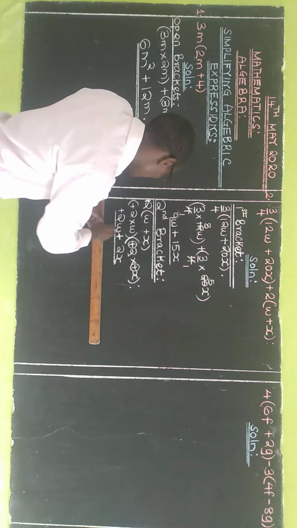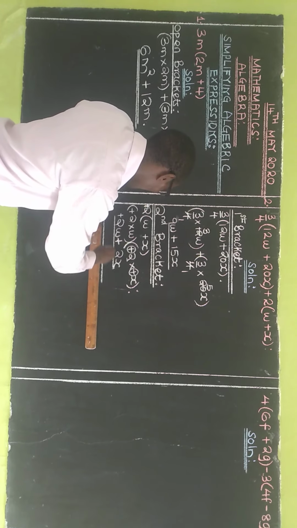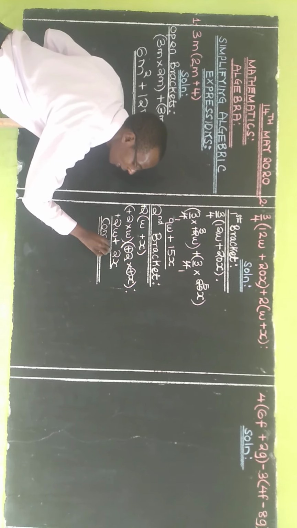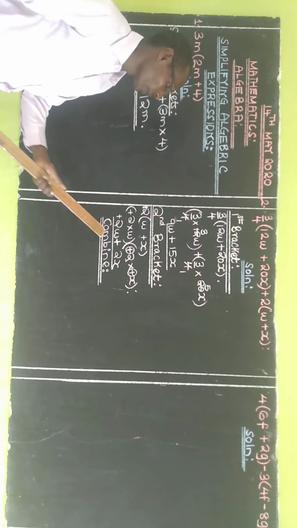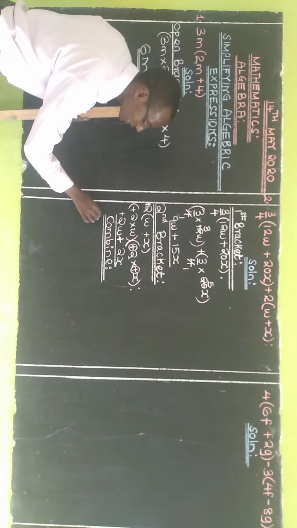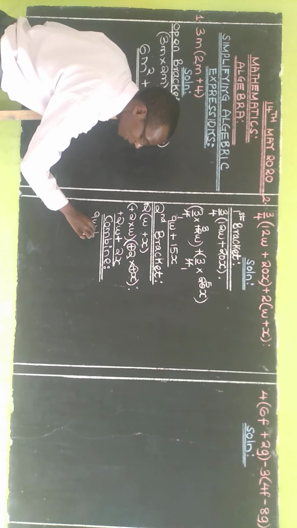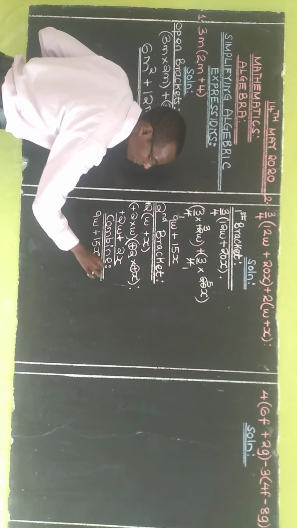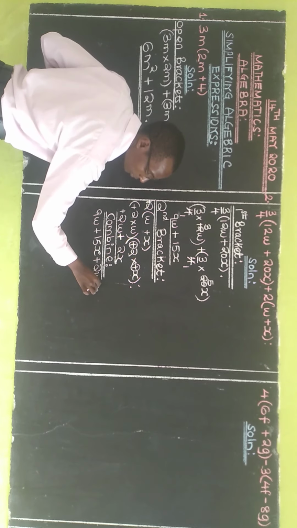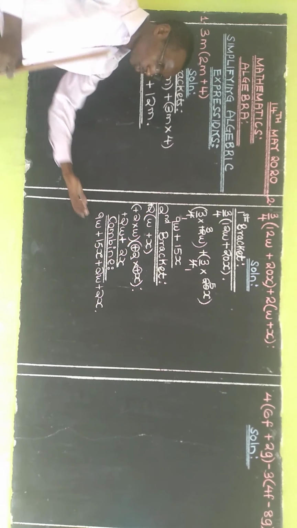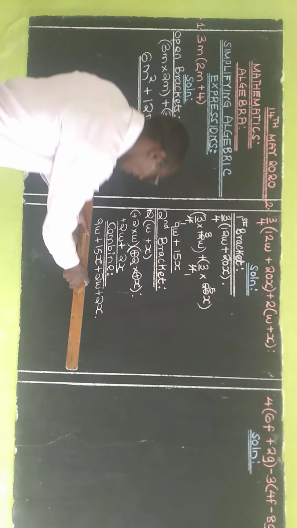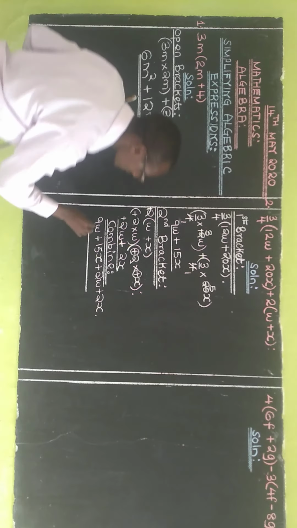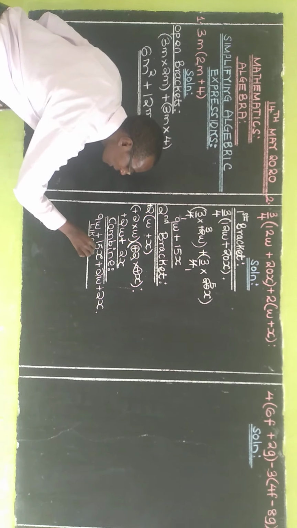And then from there you will have now to combine the first bracket and the second bracket. I go on and combine. And when combining, I will take the result for the first bracket, which is 9w, then plus 15x. The second bracket we have gotten positive 2w and positive 2x. After you combine them like this, you go on now and pick the like terms together.